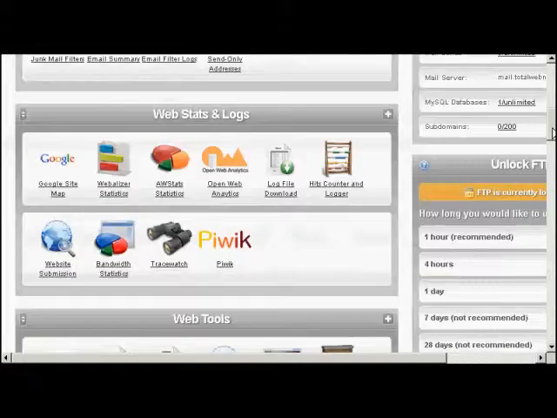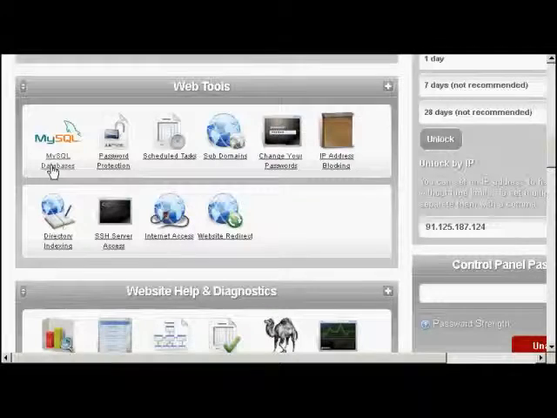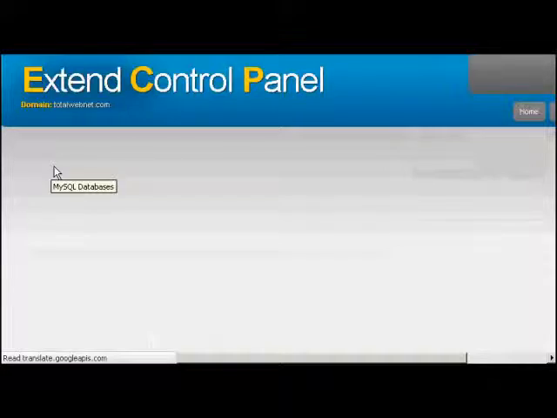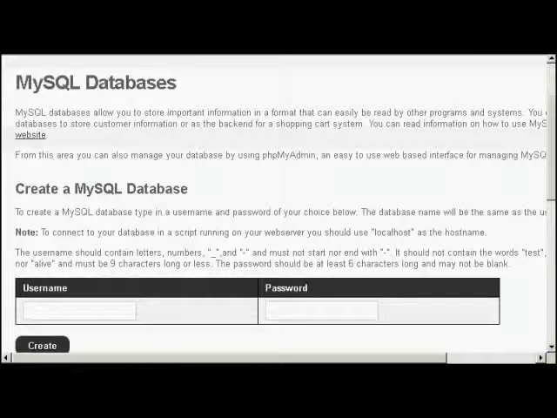What you do is come down to where it says Web Tools, click here on MySQL Databases, and what it does is it creates a database which has the same name as the actual username. So the database name and the username are the same, all bar the front part which will be set by the hosting provider. So if I create a username that says Sam001